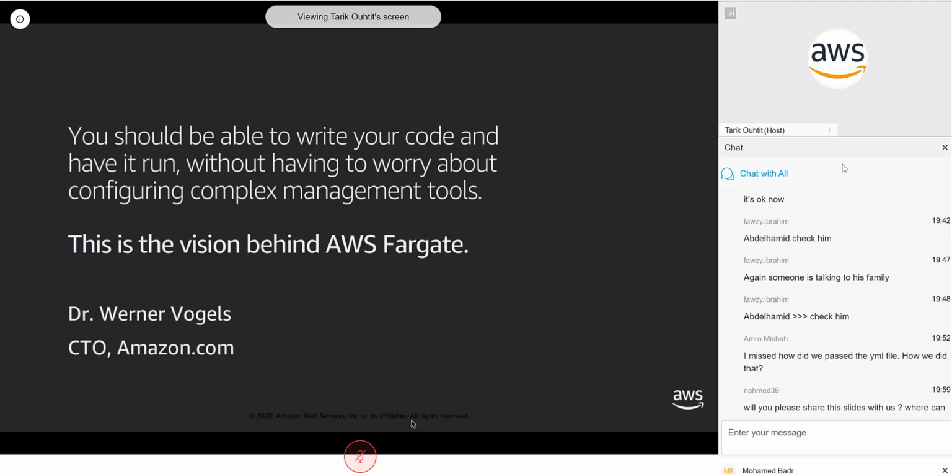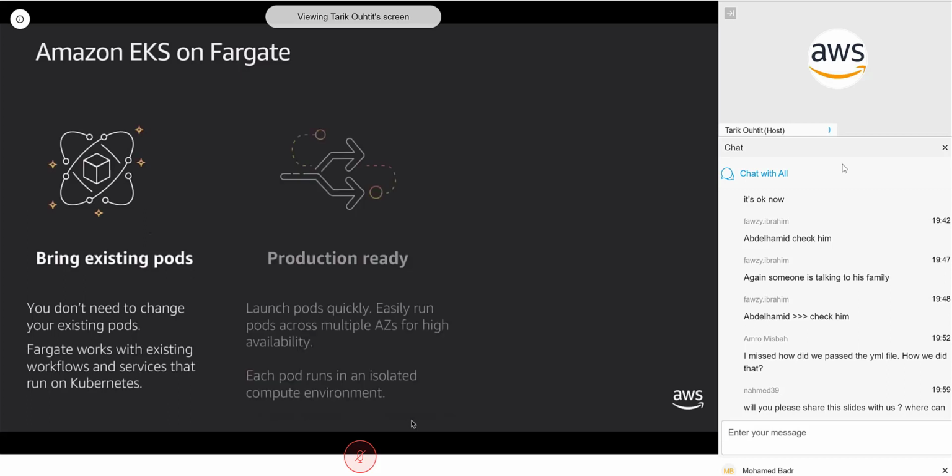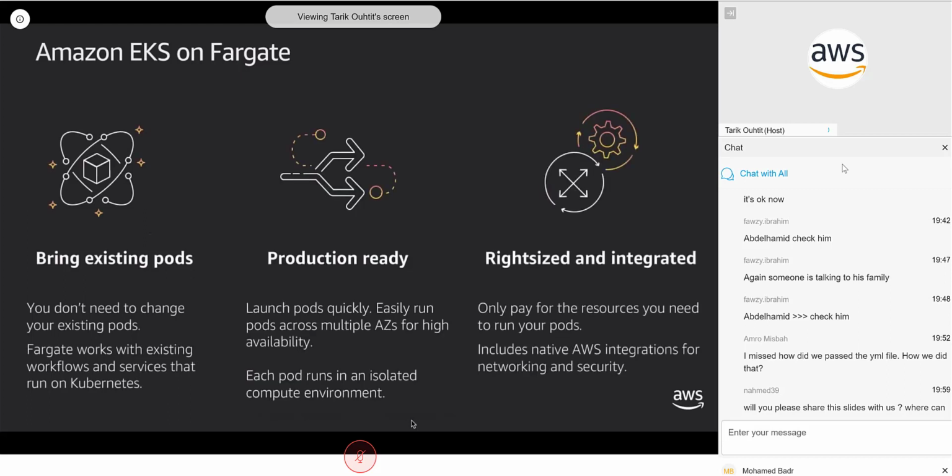If I'm a developer building an application, I don't want to spend time thinking about infrastructure and worrying about scaling and patching operating systems and all that kind of stuff. This is the vision behind AWS Fargate. AWS Fargate is a technology on AWS for running containers in a serverless fashion. You give us your containers and we'll worry about the infrastructure and the scaling of that infrastructure.